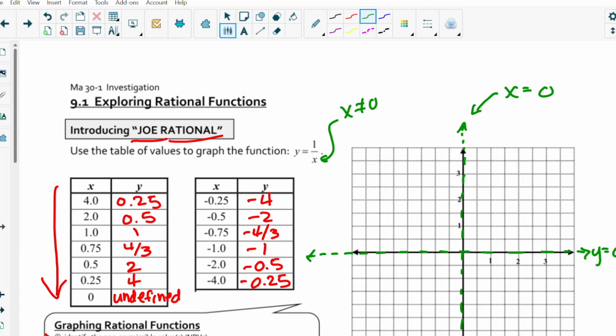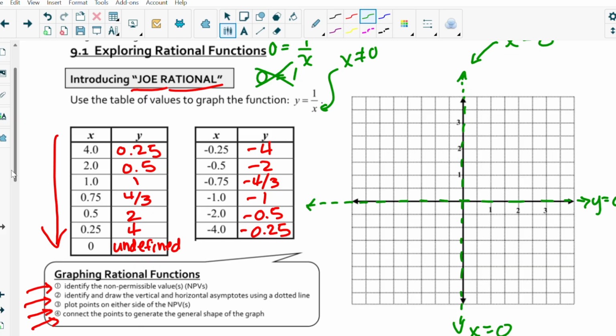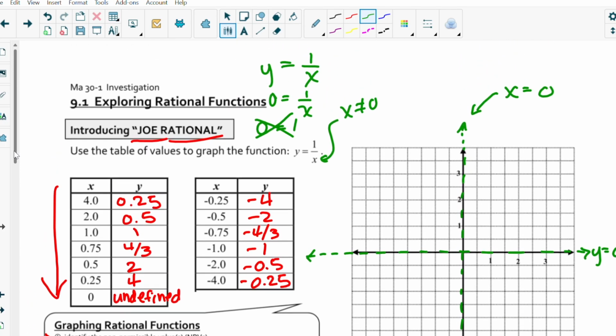And then y cannot equal 0, horizontal asymptote, because what happens if y is 0? Then I got a condition where 0 equals 1, and that can't happen. Okay, so we have y equals 0. So I have two asymptotes, and let's sketch it in. So in red,